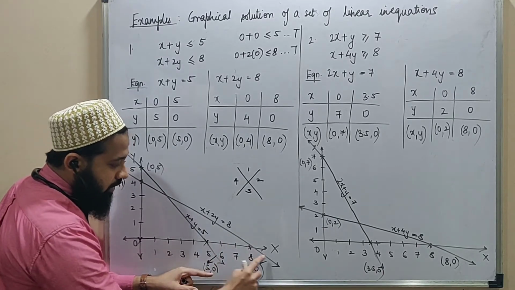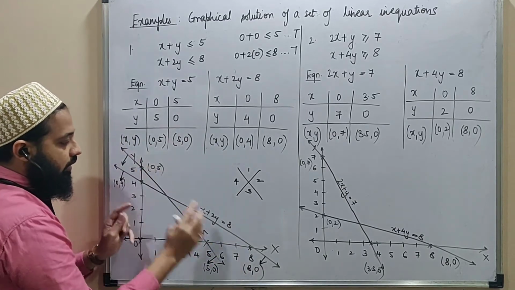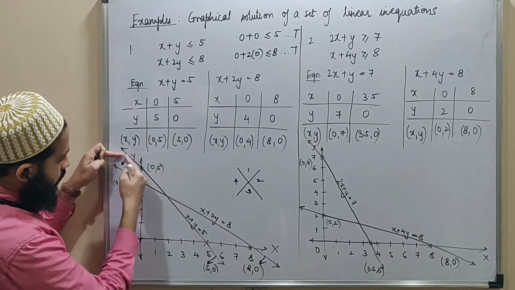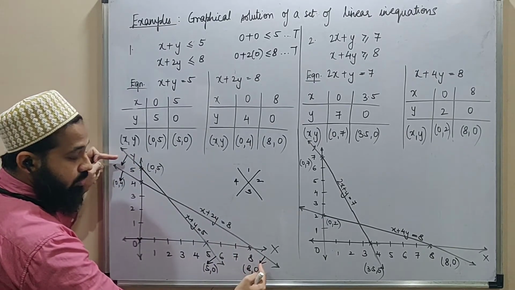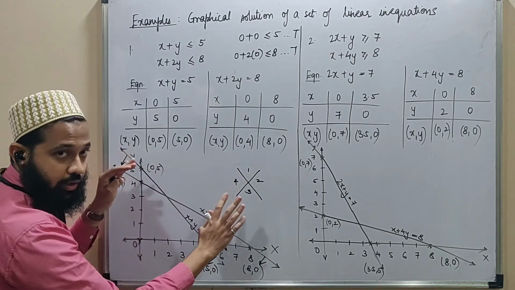Only this arrow lies in this particular region, so this is not the answer. If I talk about this region, then there is no arrow. See, in this line also the arrow comes down, in this line also the arrow comes down. I do not have any arrow in this particular region, and therefore this is discarded.